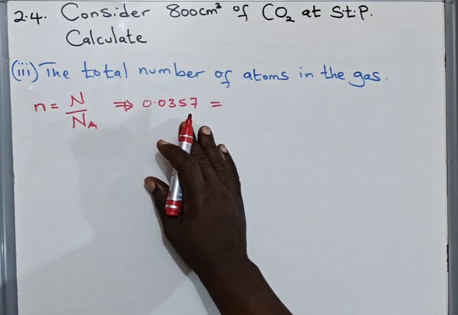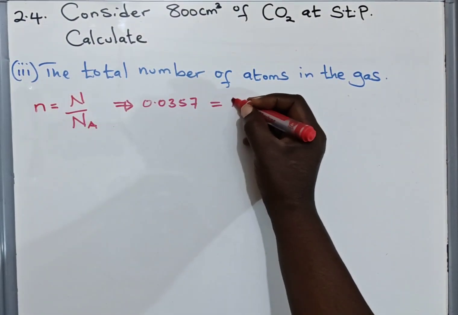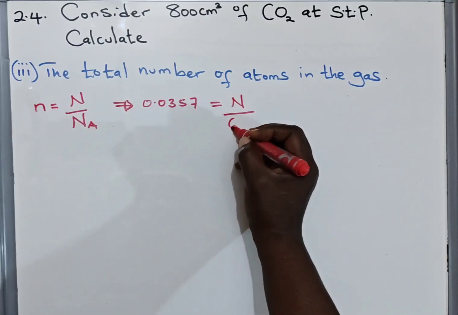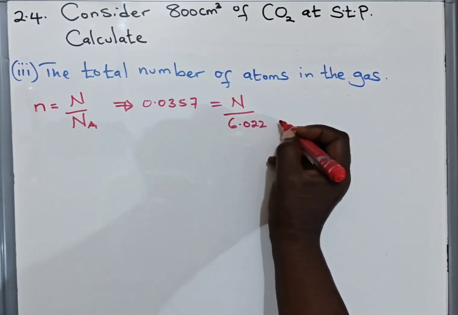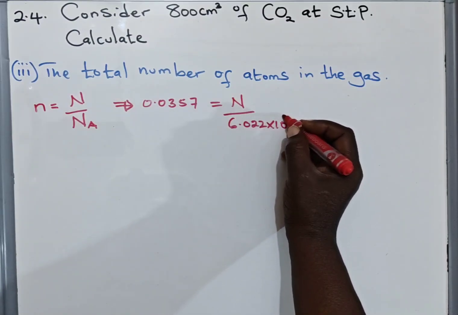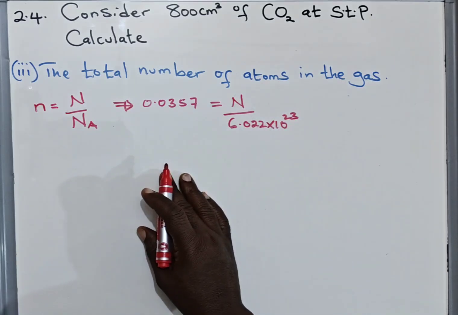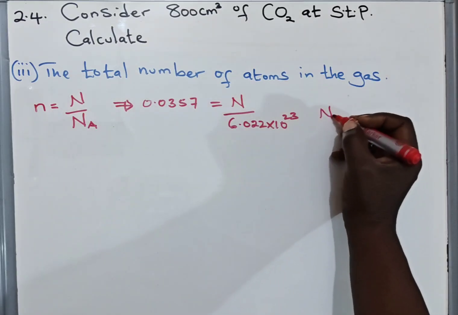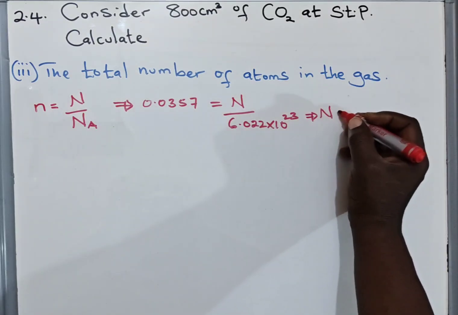After quoting the number of moles, we substitute for our N, which we don't know. But we know Avogadro, which is 6.022 times 10 power 23. From here, what do we do? We cross multiply, and we get our N,